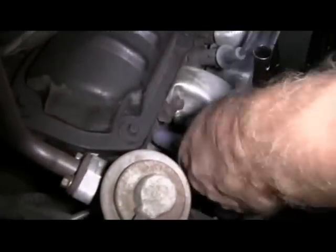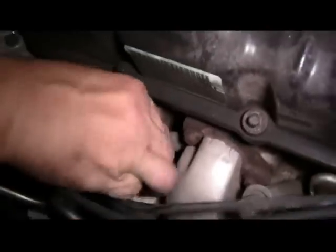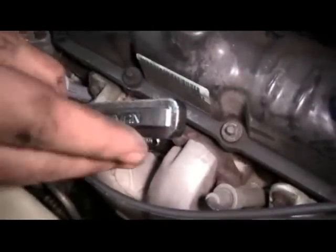Then we're going to slide the other end onto the spark plug. Again, make sure it fits secure. Then we're going to move to the second spark plug. Using our pliers, we loosen it up, remove the wire from both ends, remove our spark plug,